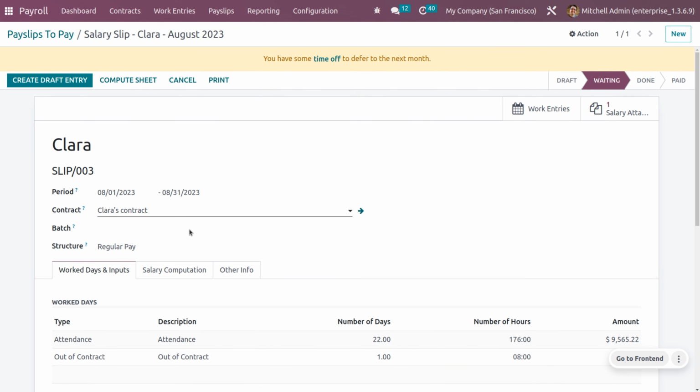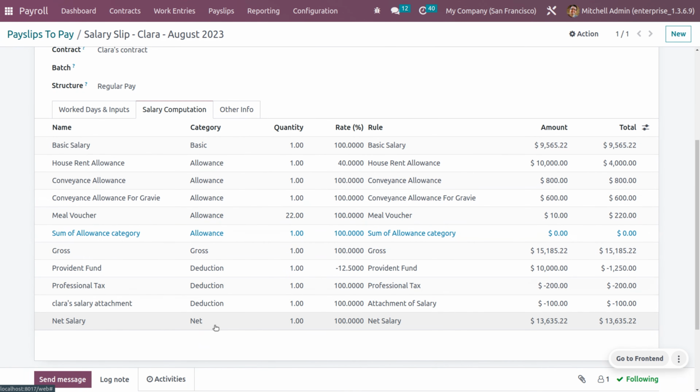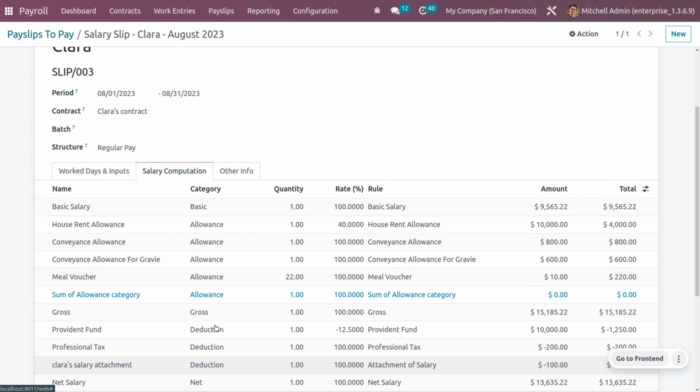Now we can compute this. Once you click on compute salary, under the salary computations we can see every detail of the salary rules and how she is getting the salary. The basic salary of Clara is 10,000, and this month she will be receiving this amount. The company will be providing 40% house allowance, as she has a total salary of 10,000, and 40% of that will be her